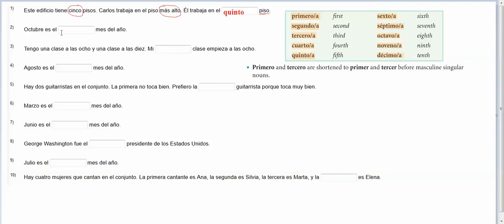Okay, octubre es el blank mes del año. We want to know which month October is. It's the tenth month. And we're talking about mes, and so the options for 10, if you go over here, décimo, so you would have décimo,